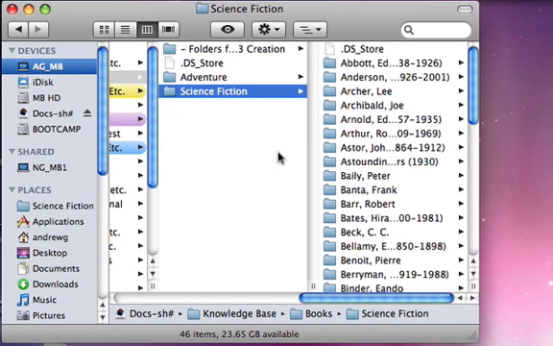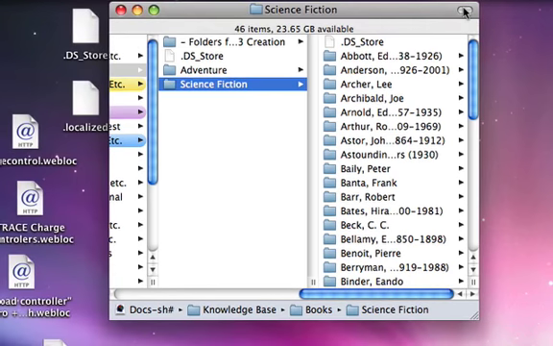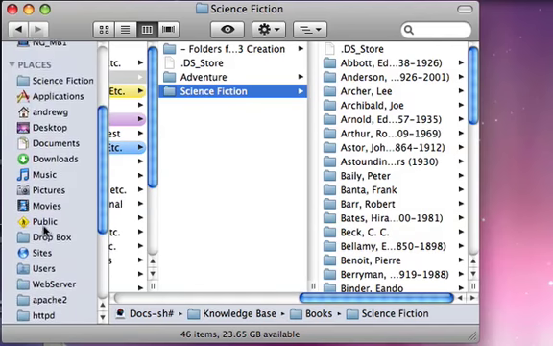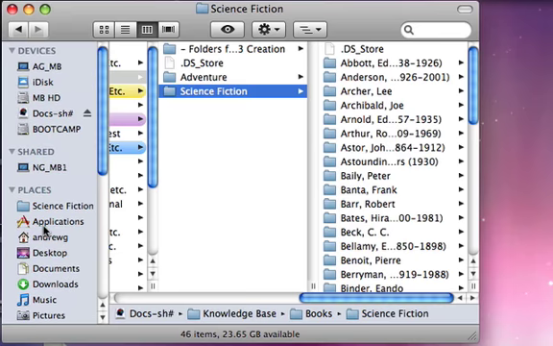What we've learned here is that you can make your toolbar appear and disappear, and this works in almost all windows inside Mac OS X. The sidebar is a special place where you can put shortcuts for connected drives, mounted disk images, folders that you like to visit regularly. The last thing I want to show you about the Finder is the four main views